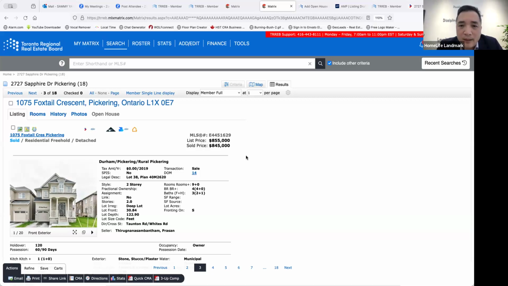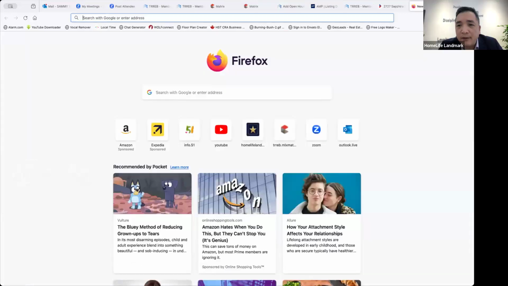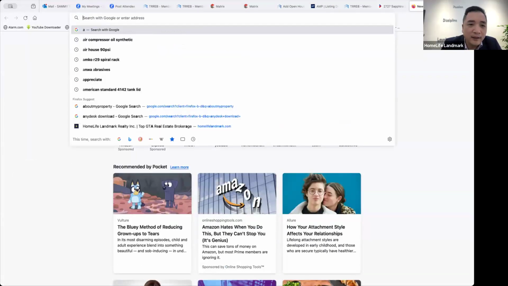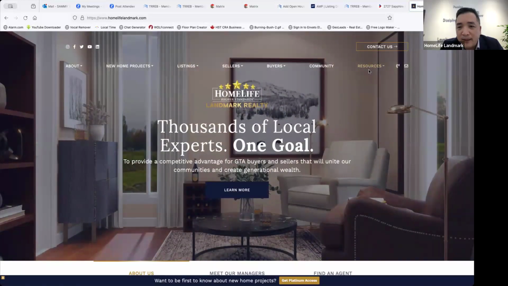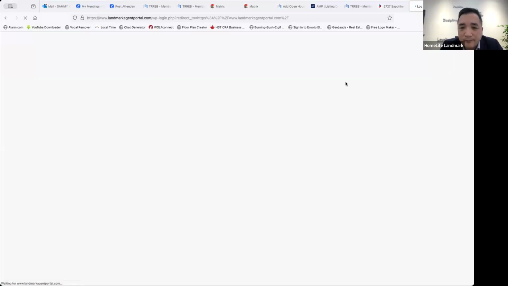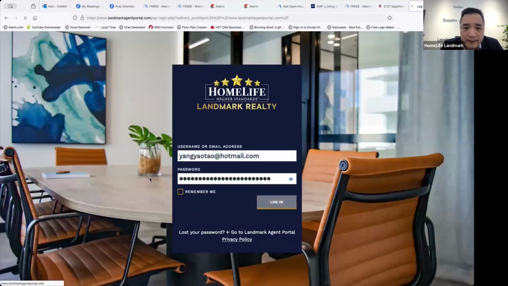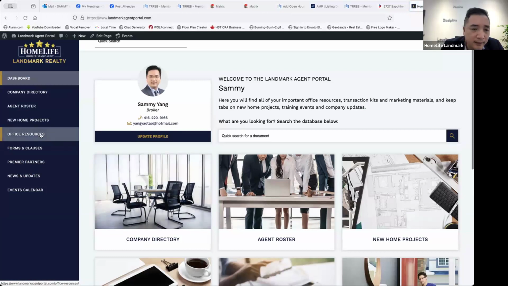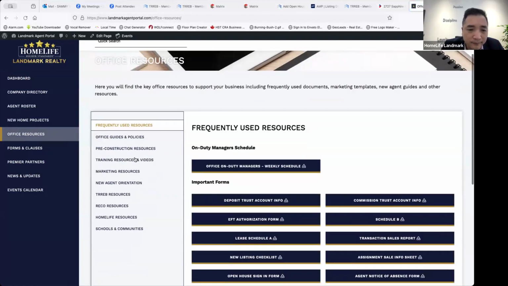So that is for the lockbox, and also the for sale sign. You need to get the for sale sign and open house sign ready. For the for sale sign, you can ask our office. We have an office website, let me quickly go to the website. This is a huge topic, huge. Trying to finish in 45 minutes is not possible, but I will try to finish as soon as possible. If you go to the office website, we have for sale signs, open house signs, office resources, marketing resources,